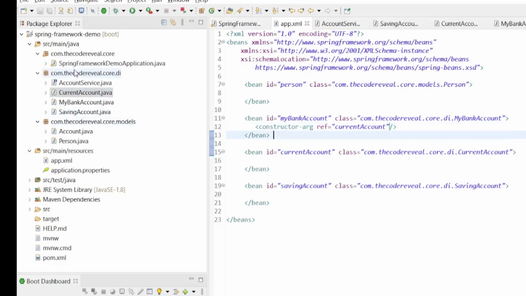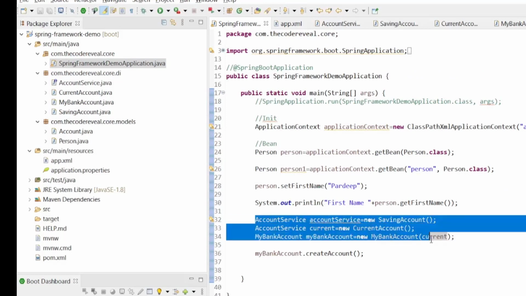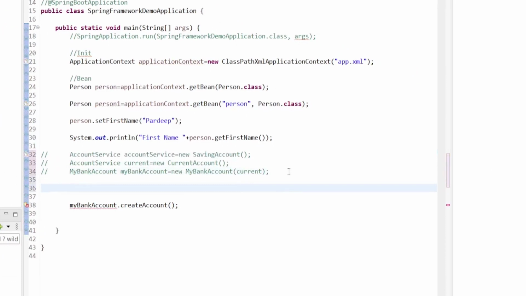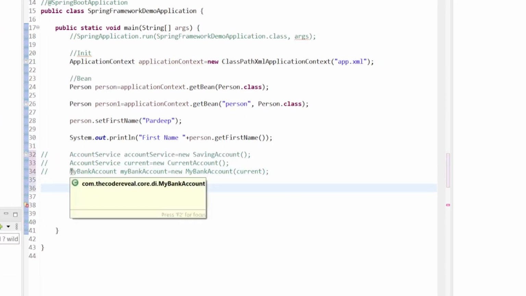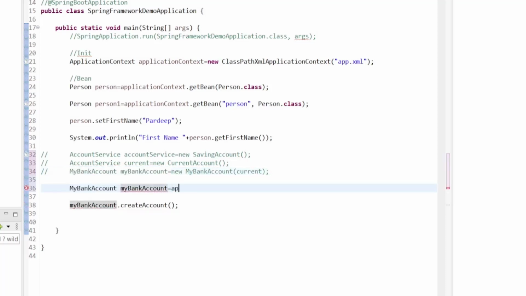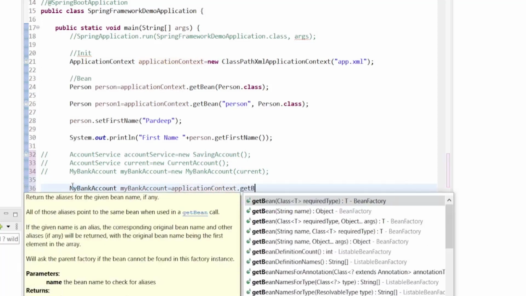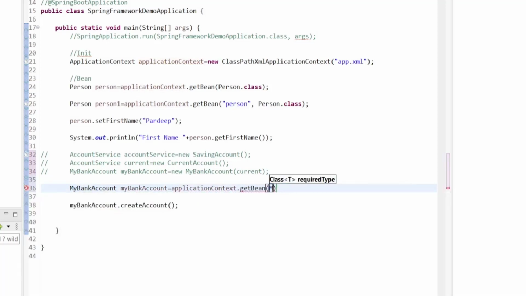And let's now test this one. To test this, let's remove or comment this, and we'll retrieve the my bank account bean from the application context. Here we'll give getBean, and the class will be my bank account.